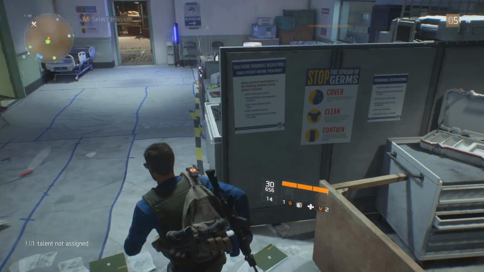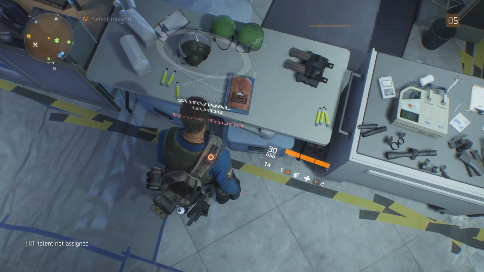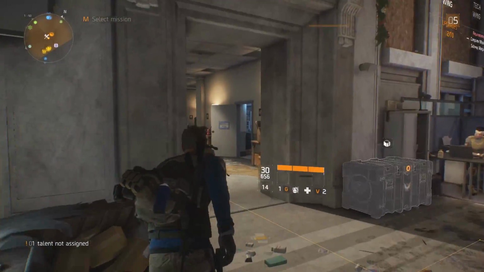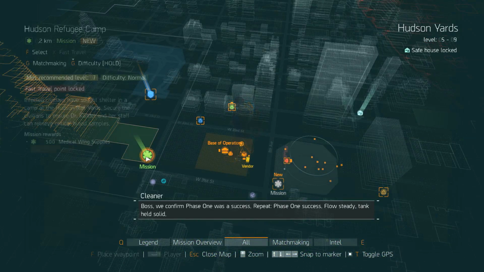So the pharmacy's offline. Things are a little bit rough over here. We haven't found any survival guides yet. It looks like that actually gets added to some kind of cumulative tab that makes our life easier, maybe teaches us about stuff. Can we select missions yet? Let's take a look at our missions here. So we've got a medical mission off on...